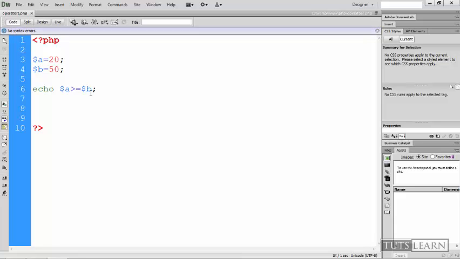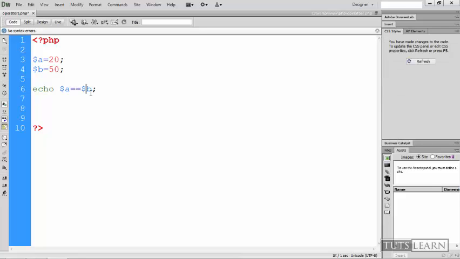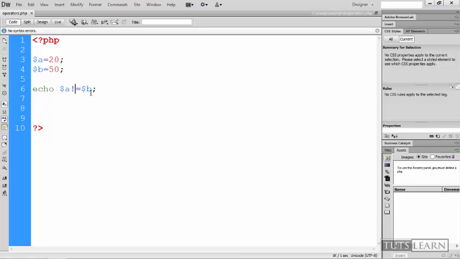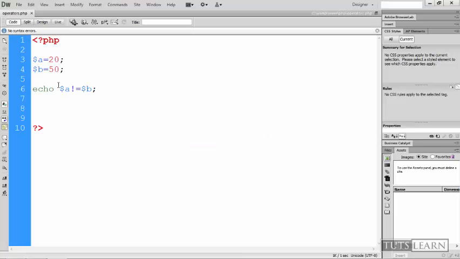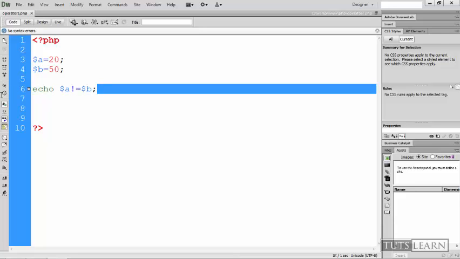So these are the comparison operators, which are less than equals to, greater than equals to, less than, greater than, and double equals to, which is for whether A and B are equal or not, which is not, so it will output you nothing. And in a similar way you can do is not equals to, and that is right, A and B are not equal, so this will output 1. Look, so this is how comparison operator works,